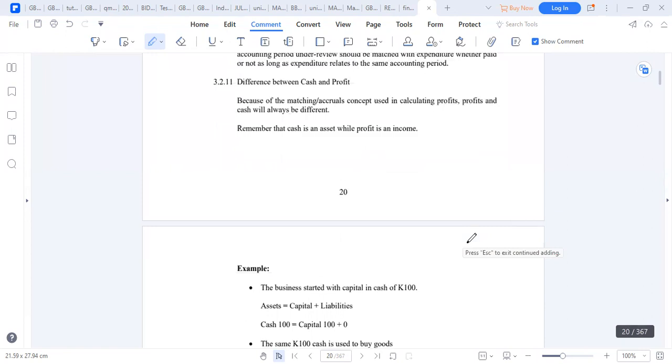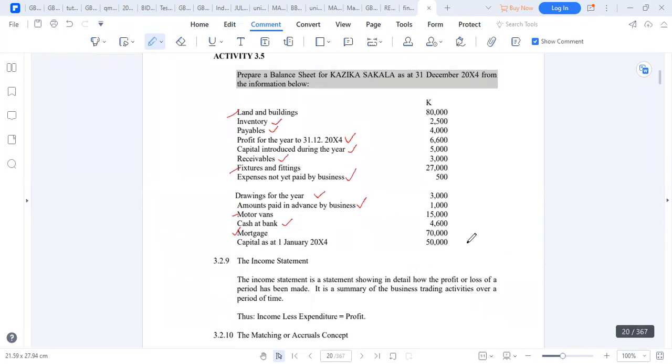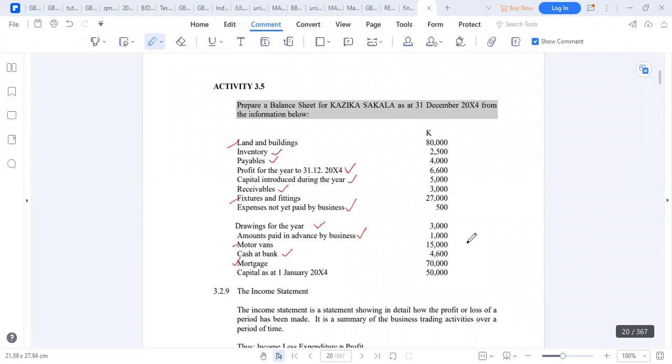Mr. Collins, I can see two capitals there. The last one, capital as at 1st January, where does it fall? There are two capitals there: capital introduced during the year and capital. So this is our capital, and you can also add this one. It's also part of our equity, both of them. Capital introduced during the year, is it for expansion of the business, where during the course of the year you inject some more resources?